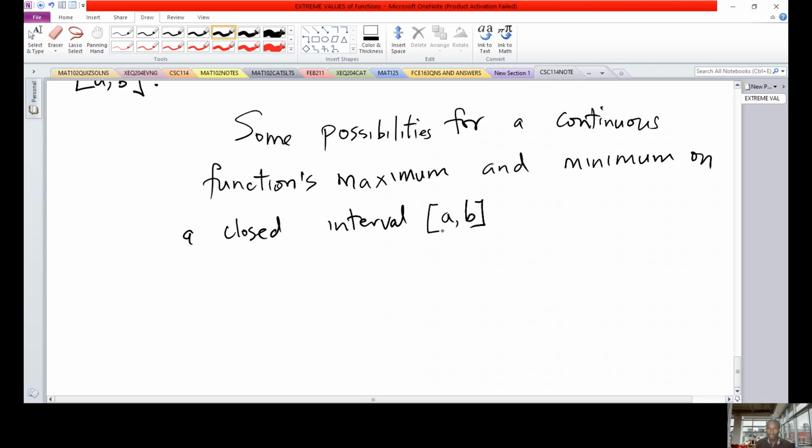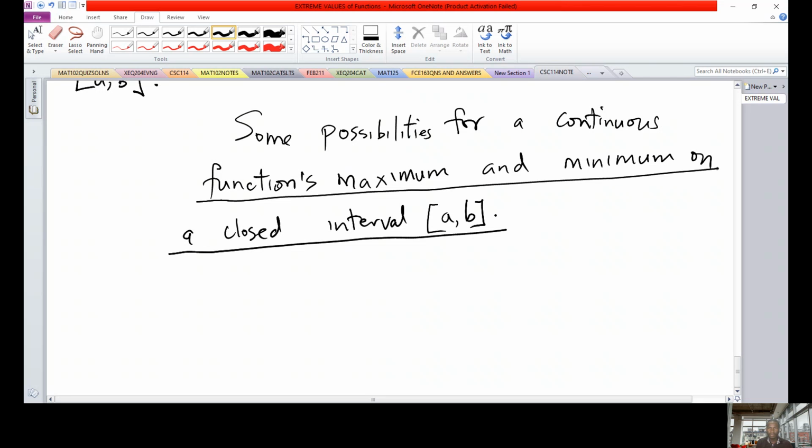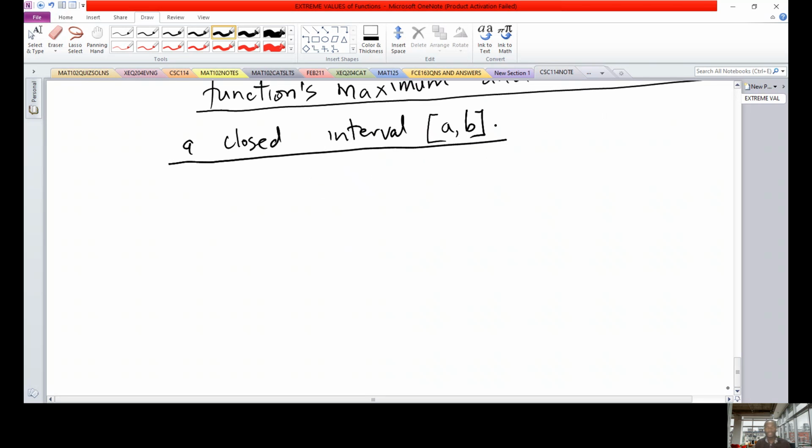So we are going to draw some sketches, which, with the help of the theorem we have stated before, can allow us to know whether the function has a maximum or a minimum point. So the first sketch